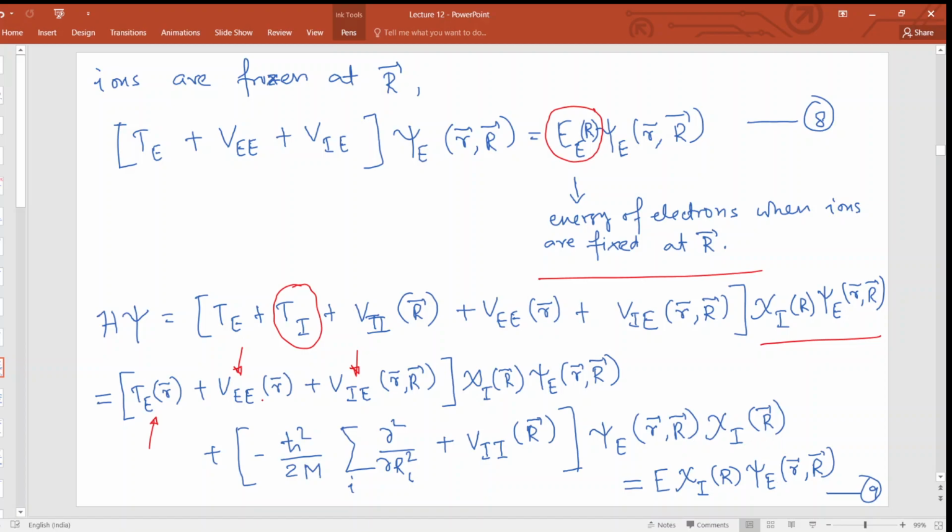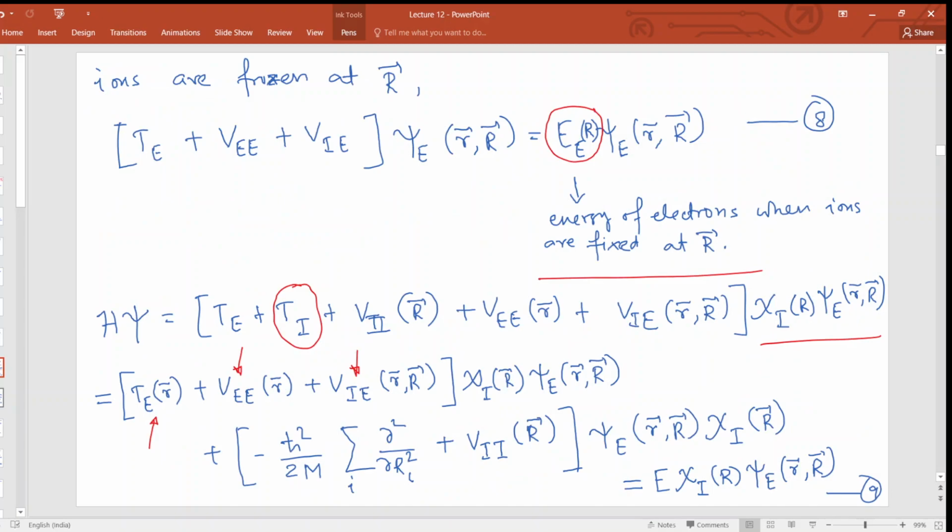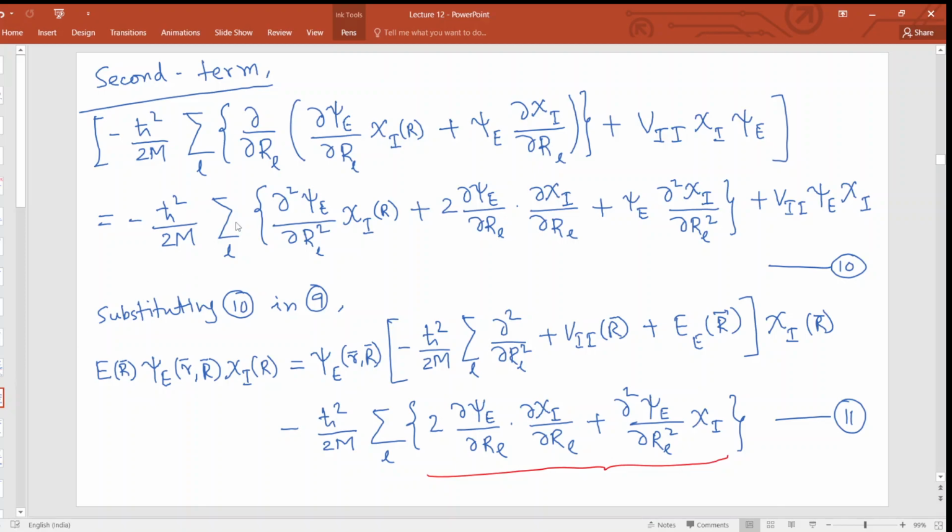So it's equal to E. Okay. So now here basically we have two terms. So basically we are splitting different terms. So the second term here is minus h cross square by 2m del RL plus del psi E del RL chi I R plus psi E del chi I del RL plus VII chi I psi E, and that actually will give us this particular